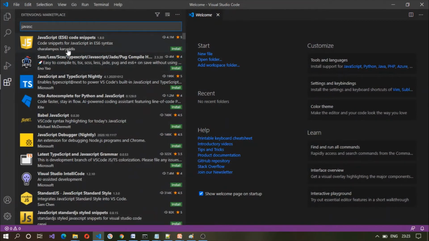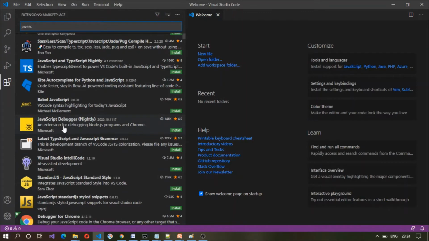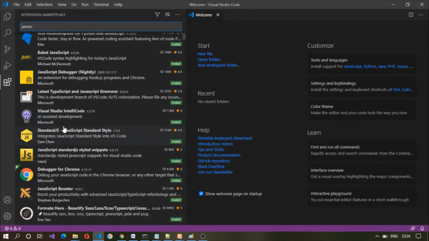Since we are dealing with JavaScript, I have searched JavaScript here. So these are all the different extensions available. But for this course, we are not going to use any of these extensions.